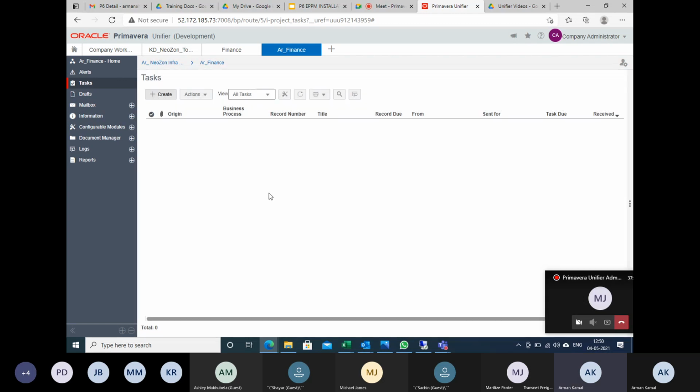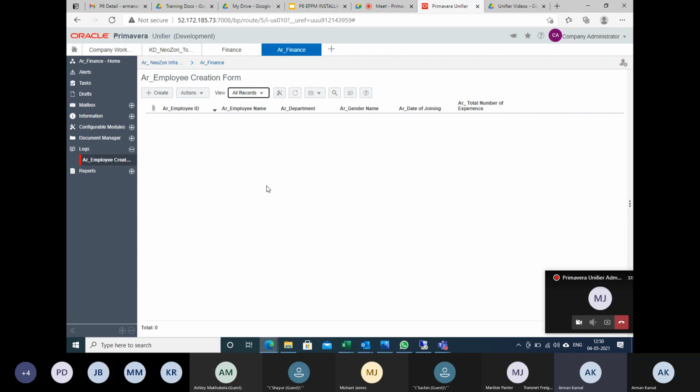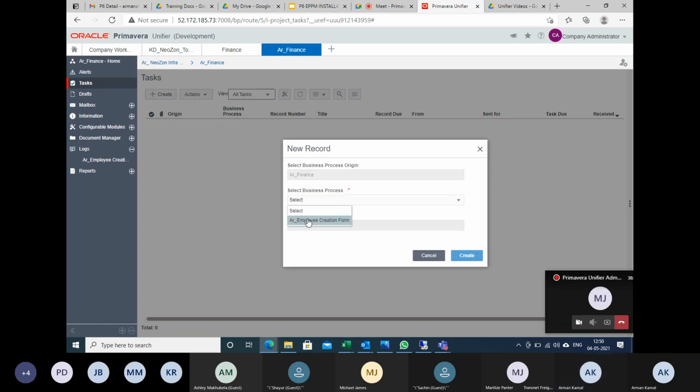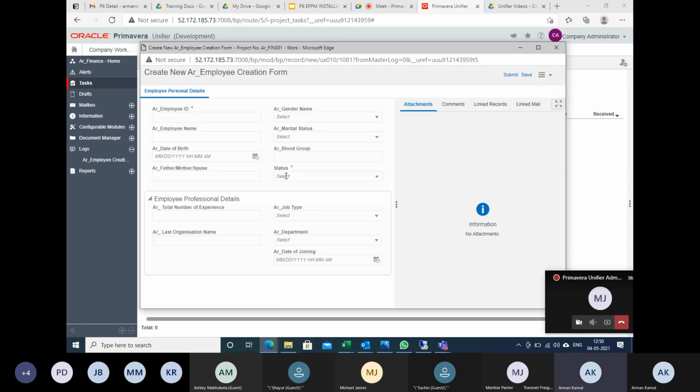Here if I go cancel, then I can also see logs enabled here. So there is no record created. Now what I can see is employee ID, employee name, department, and so on. This will maybe have 10,000 records in the future, and those 10,000 records I can see in this log file place. So I'm going to create some records with some dummy names. Create employee, create.